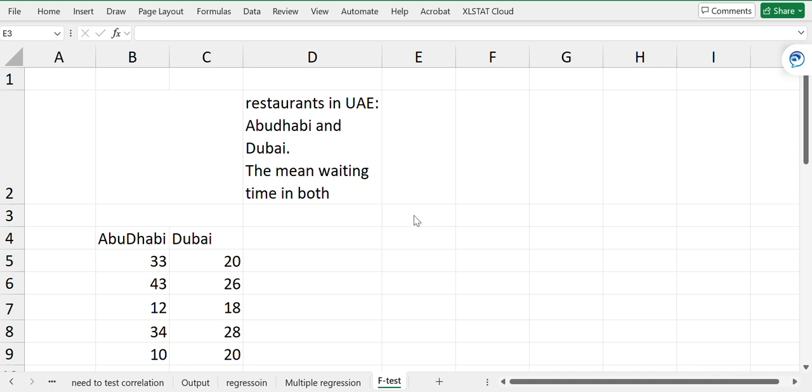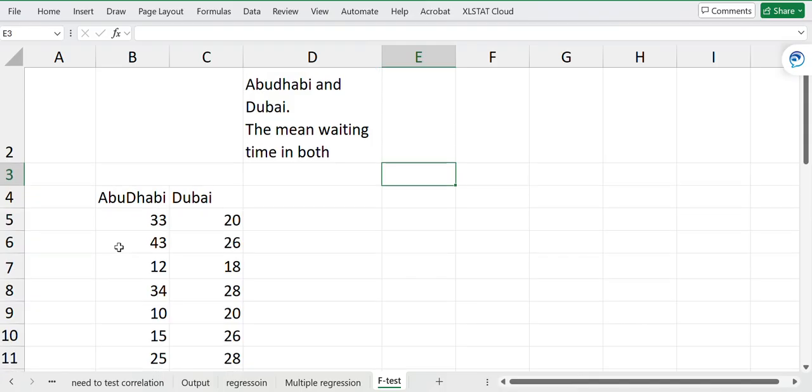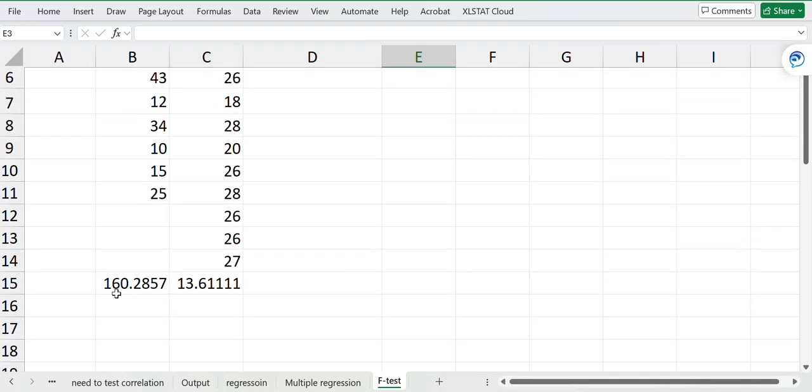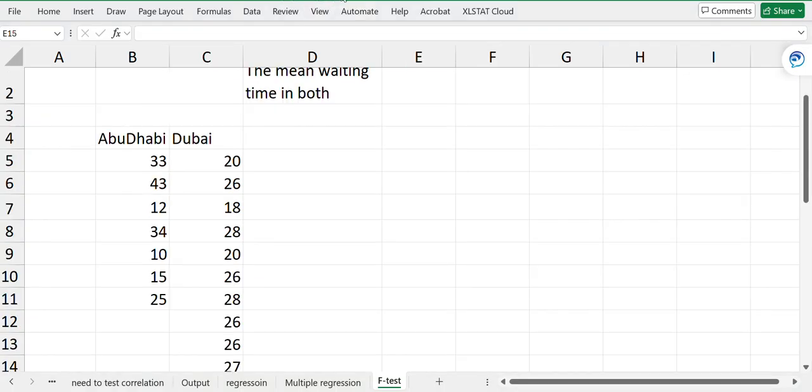Do the F test. The first step is to find whether there is a difference in the variation that is seen in Abu Dhabi versus Dubai. This normally applies to services mostly. The first step that we have to do is to write the hypothesis. So step 1, hypothesis